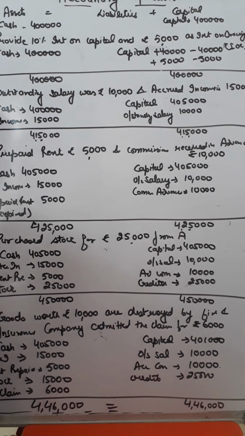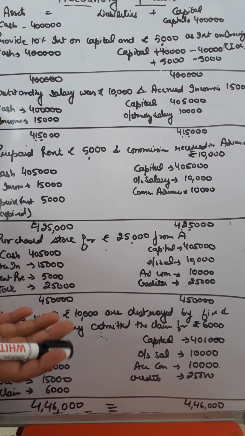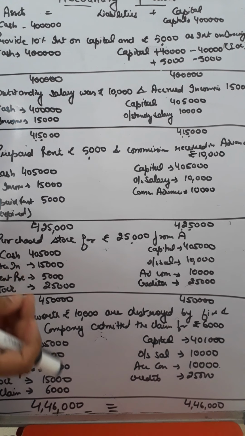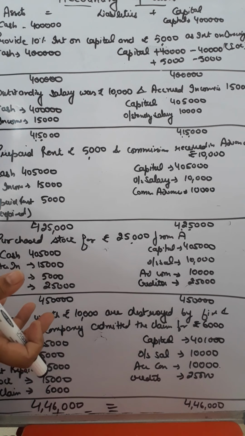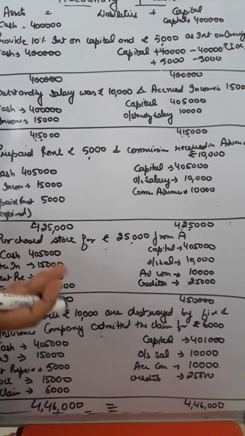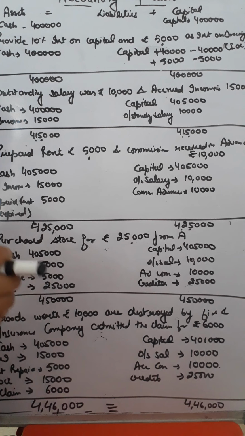Now there can be a situation when you are paying your expenses in advance. It can be because, say, you have to pay rent and you are paying quarterly rent at the beginning of the quarter. So when you are paying these expenses in advance, one thing is very clear: it is deducted from cash, and this expense is not of the current year. It does not belong to the current year because you are paying it in advance. So you cannot deduct it from capital. From capital we deduct only the expenses which belong to the current year, not to the next year. So this prepaid rent is not of the current year, it's of the next year.